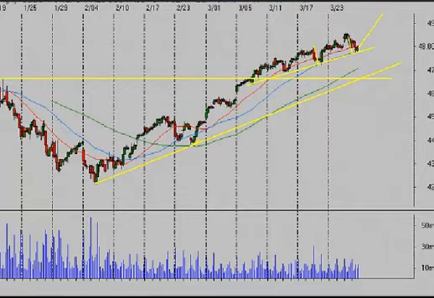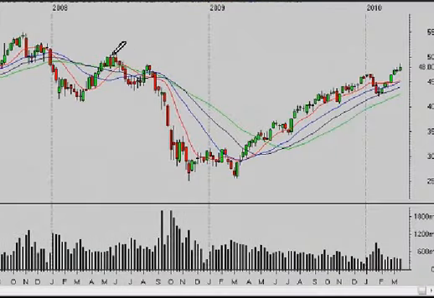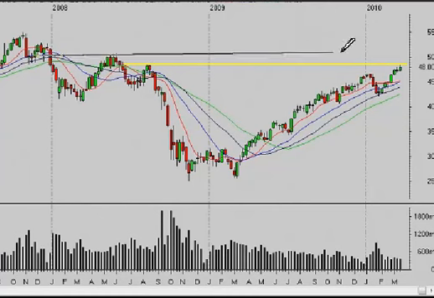But backing it up to the daily time frame again, there's that level from the January highs that's going to be an area of focus if we see this market pull back further. The weekly time frame, we're still in a great uptrend. We're battling with this level from the peak of August of 08, and if we can get up through there, then it looks like the next potential level of resistance is up just above $50 a share. So still a very healthy uptrend.